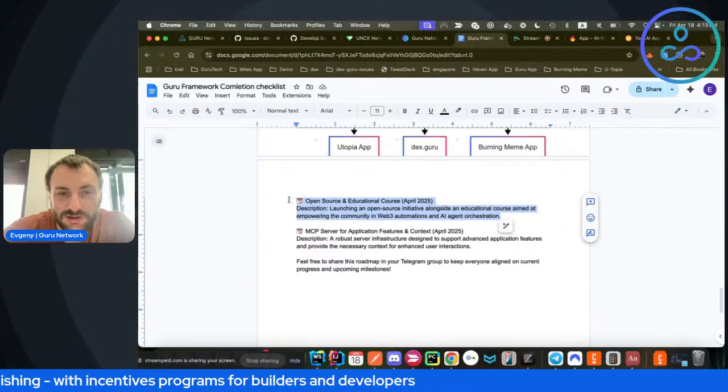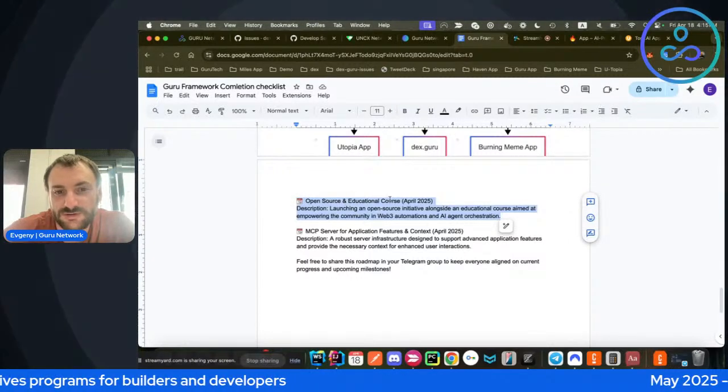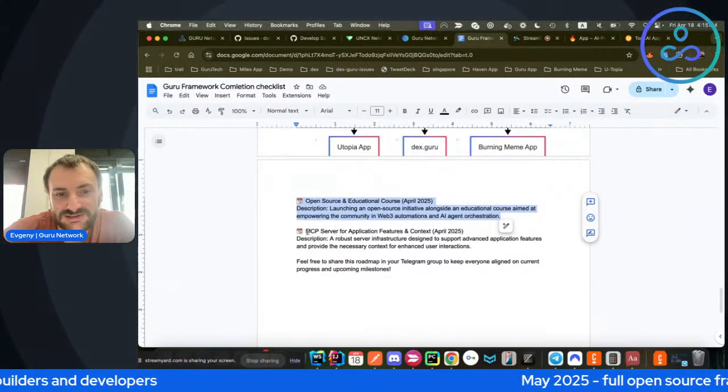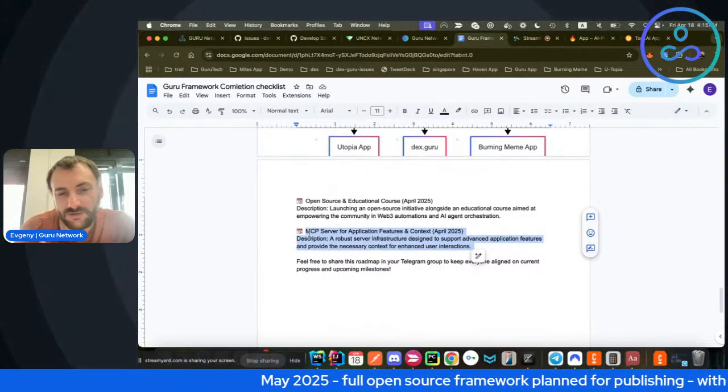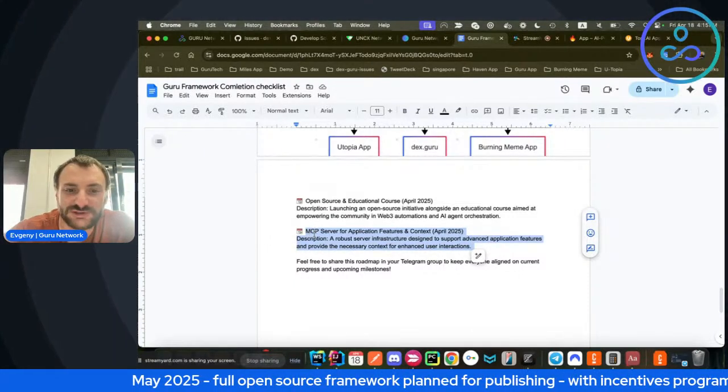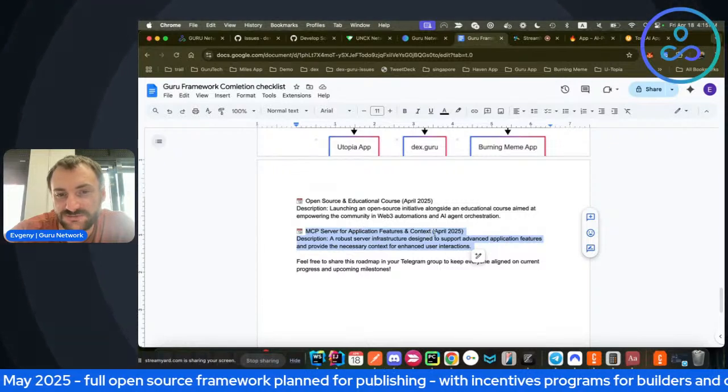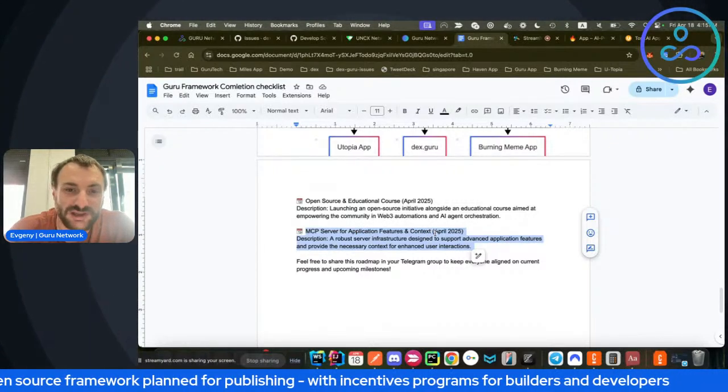So next week we are covering this open source educational course, and as part of this course we will develop this MCP server for application features and context feature, which is again in our roadmap.